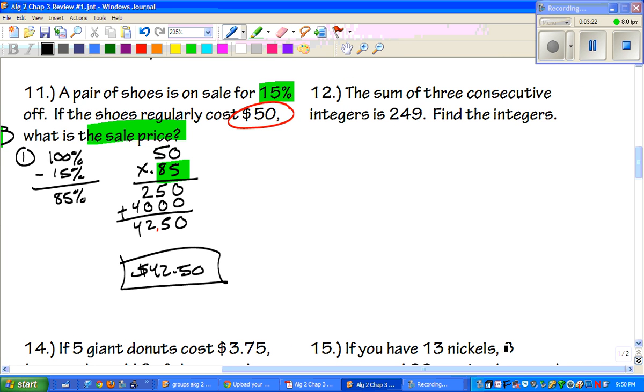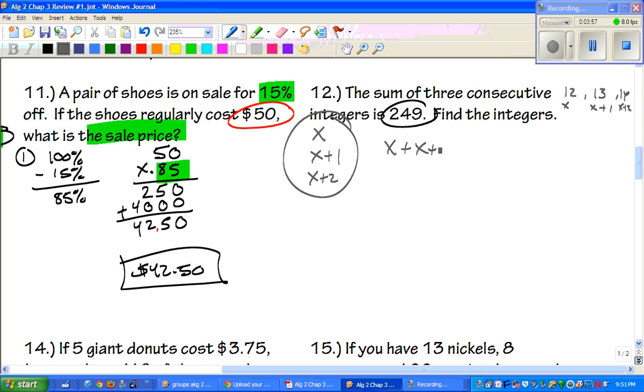Okay. Number 12 said the sum of three consecutive whole numbers, consecutive integers, is 249. Find the integers. So we've talked about, if we have three numbers and your first number is x, say that's 12. My next number would be 13, which would be your original number plus 1. And then the next number would be x plus 2. So the three of those together are going to equal